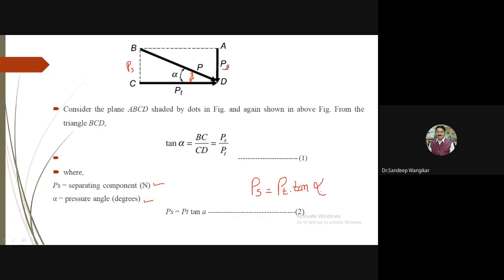We have already discussed that we want the forces as PT, PR and PA. PT we can calculate from MT. If you refer to the last two force analyses for spur gear and helical gear, power is given, we can calculate MT, and if MT is given, we can calculate PT. So we want the relation of PR and PA in terms of PT only. Then and only then can we proceed. So this first equation is PS is equal to PT tan alpha.